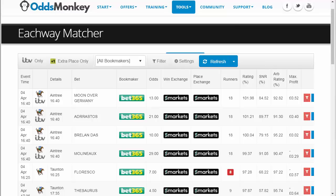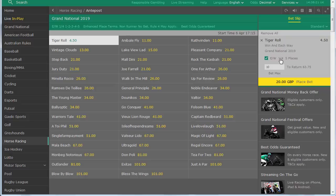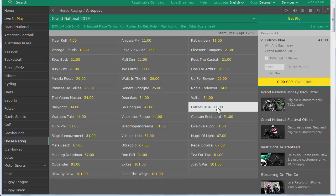The reason for this is, I'm sorry if I'm not explaining this very well, but on an each way, the price of the place is dictated by the price of the win, because it's 1/4 of the odds. And so sometimes, depending on, if we look at one that's higher, this Valtor at 30, or actually an easy one, Folsom Blue, if it's 41, quarter odds of that is 10, which means that the odds for Folsom Blue to place are 10 in decimal,